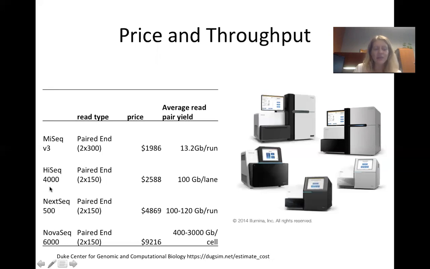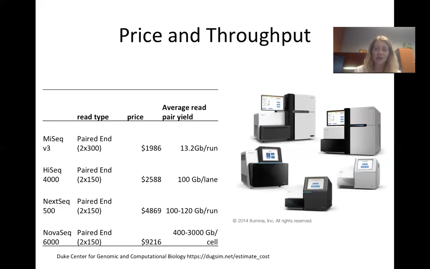Moving from there, the HiSeq 4000. The HiSeqs have been on the market for quite some time. They've really been the workhorses of the Illumina platform for a very long time. Much, much higher throughput, so 100 gigabases per lane, but shorter reads. They max out at 150 bases, and indeed all of these higher throughput instruments are only doing up to 150 bases. So if you need the 300 base reads, for example, if you're doing metagenomics at 16S or ITS sequencing,